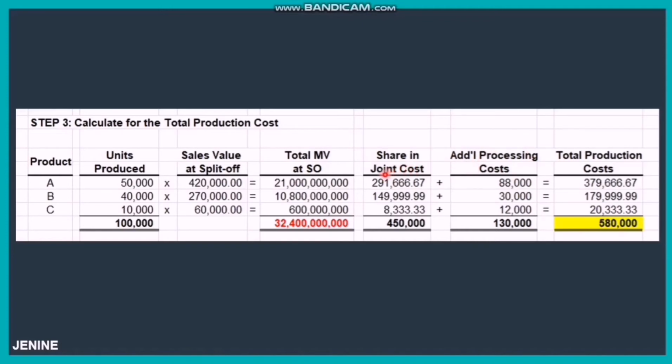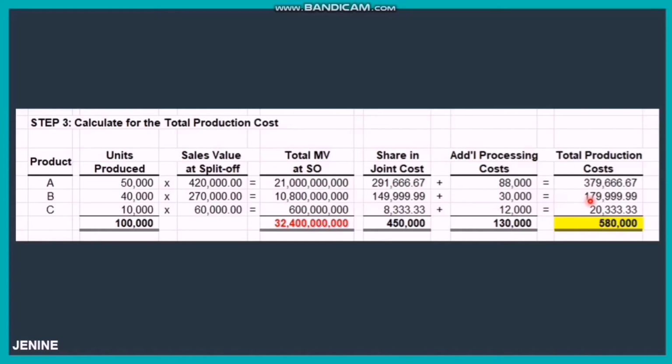So, ayun. Share and joint cost ng product A is 291,666 and 67 centavos plus 88,000 pesos is equal to total production cost of 379,666 pesos and 67 centavos. Next, product B has 149,999 pesos and 99 centavos plus the additional processing cost of 30,000 pesos will give you